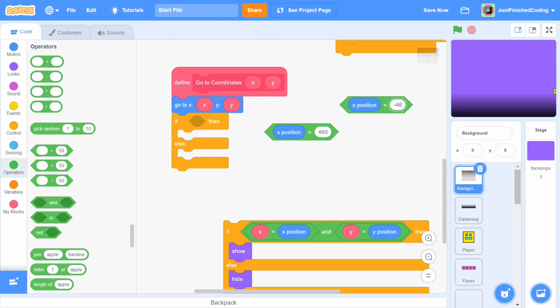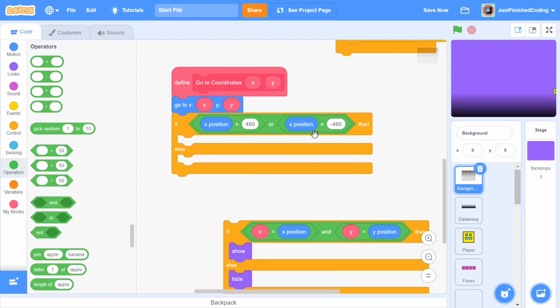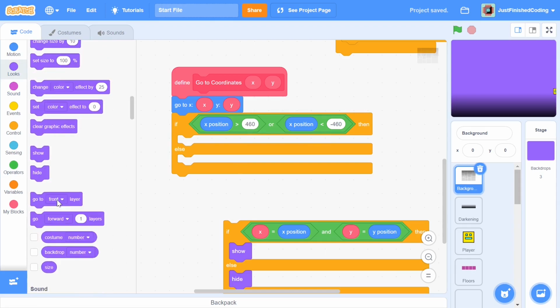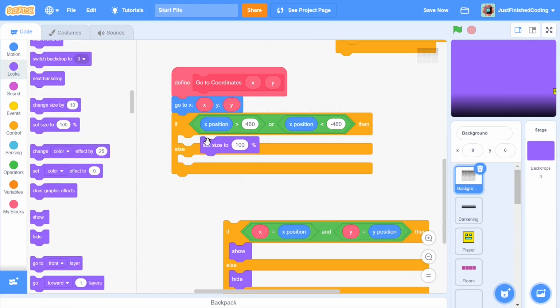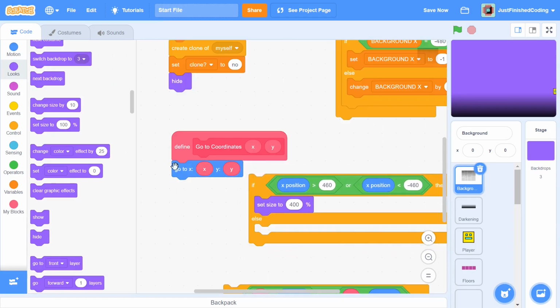So both are going to be pretty much the same code, and to make sure that one of these two conditions is true, we can put an OR condition here and just throw in these two conditions. Okay, in this case, if one of these two conditions is true, then what we'll do is we will set the size to be 400, not 100 but 400, and then we will just go to these coordinates.